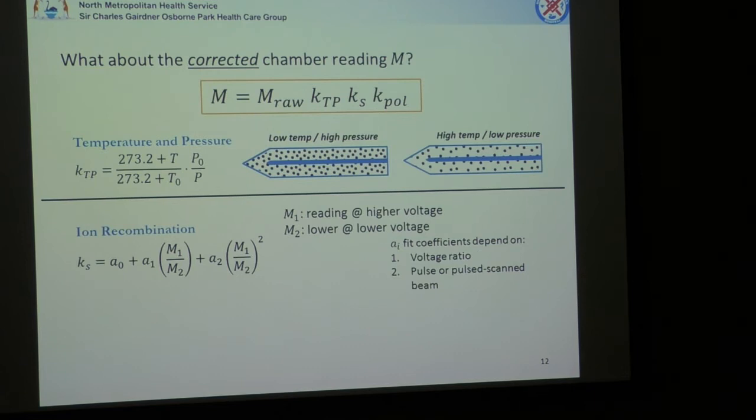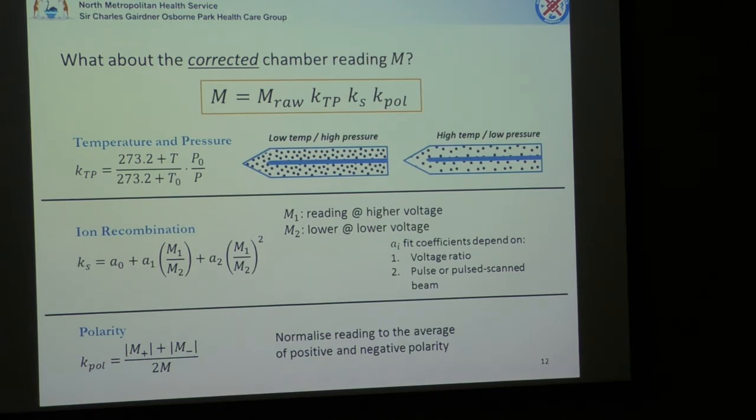The second one, Ks, that's ion recombination. And this is to do with the magnitude of the voltage you're applying to your chamber. For a lower voltage, you expect that as your charges migrate to the electrode, you can expect two different charges to kind of combine together, a positive and a negative, and then you've kind of missed out on measuring that, so that'll lower your signal. Ideally, you'd want to measure all of them, so I won't get too much into that, but this is your ion recombination correction. So you measure one reading at a high voltage and one at a lower voltage, and the formalism that I mentioned, TRS-398, basically gives us these coefficients so that we can figure out what our correction is going to be, so in kind of a general way,